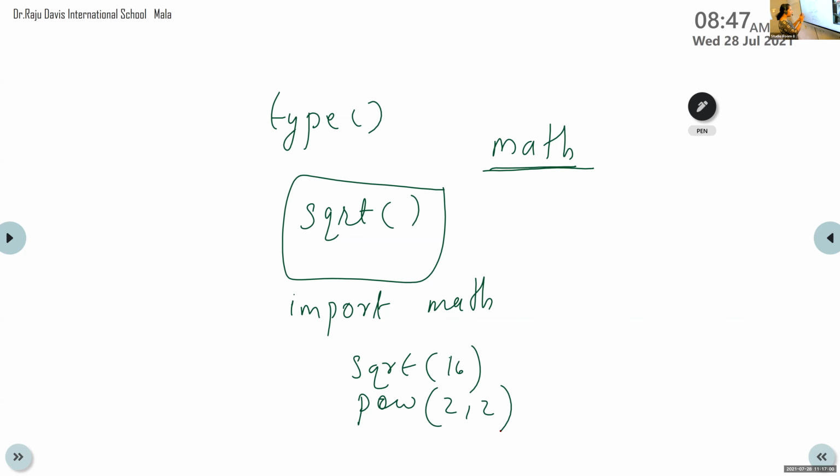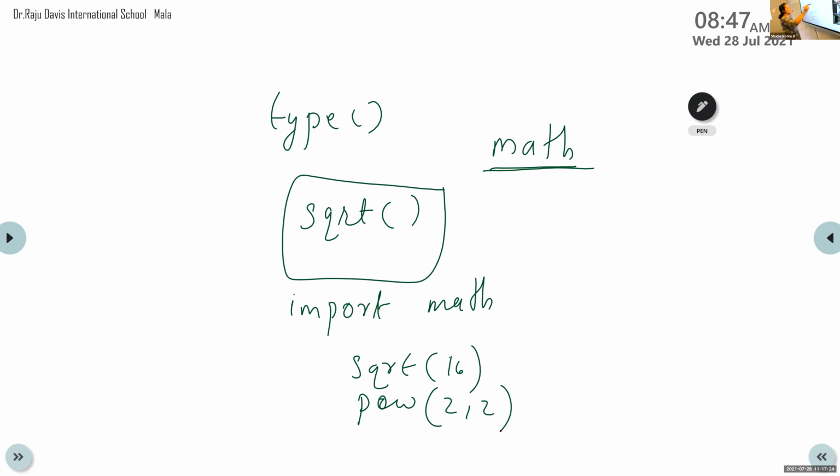This is also a predefined function. There is no need of writing the definition of this function, because it is already predefined in the Python library. But these are under some modules in the Python library. So before using this built-in function, we first need to use one statement, import math.